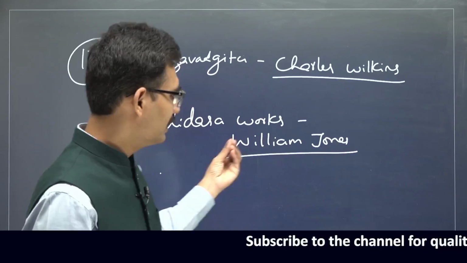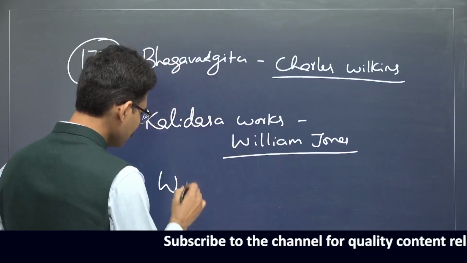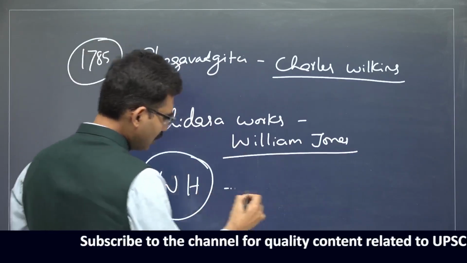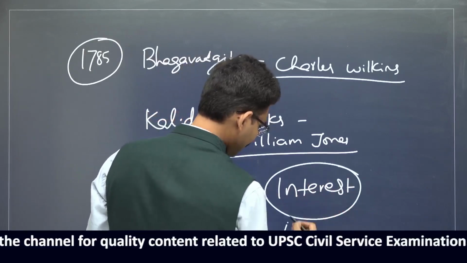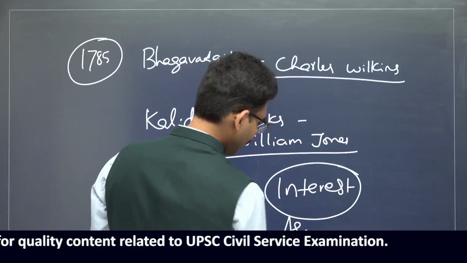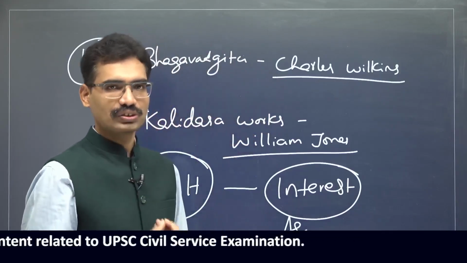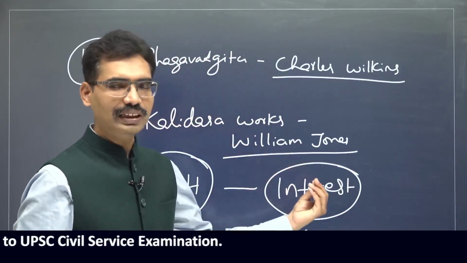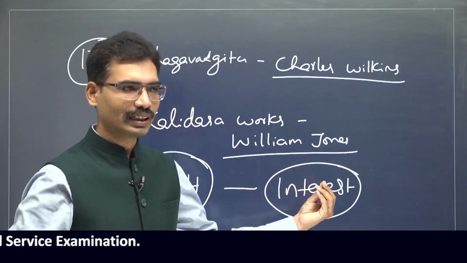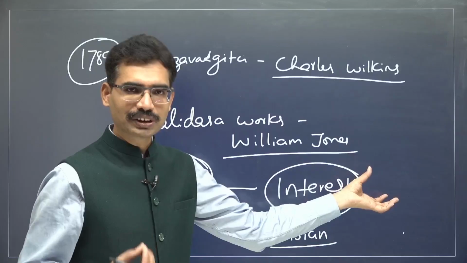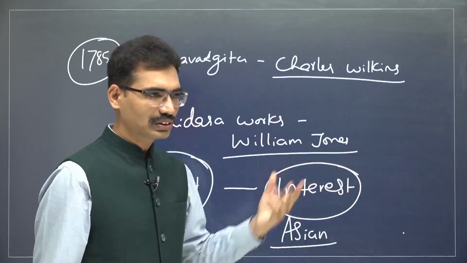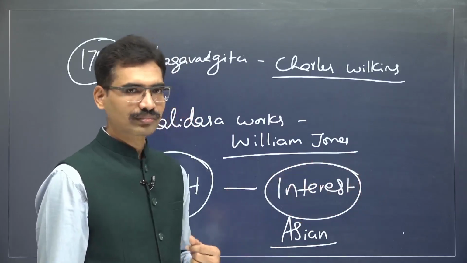In the 1780s, in Warren Hastings's time period, a lot of interest was shown to understand Indian conditions or Indian society, or Asian society, because when they came here, they came to India to get profit and they were profiting also. Now they are getting an opportunity in administration also. They wanted to know about Asian societies and they are learning.